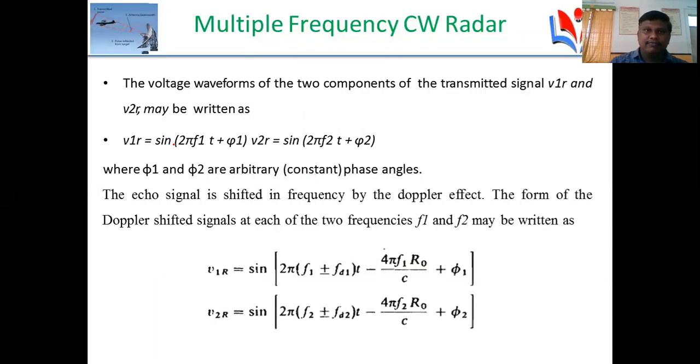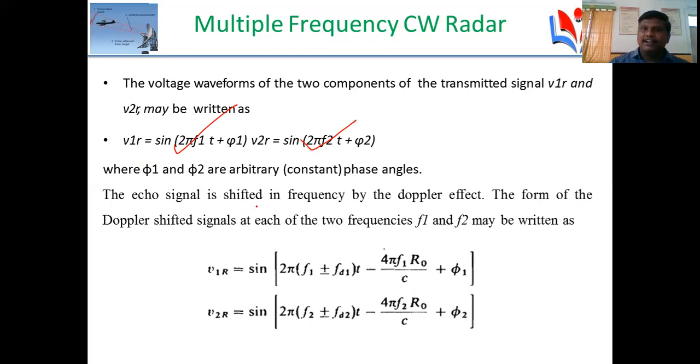So this is the phi F1 and phi F2 we have taken here. Phi 1 is nothing but the phase difference due to the first waveform, that is, the phase shift that occurred for the first waveform. Phi 2 is the phase difference that has taken place for the second waveform. And if you consider here,